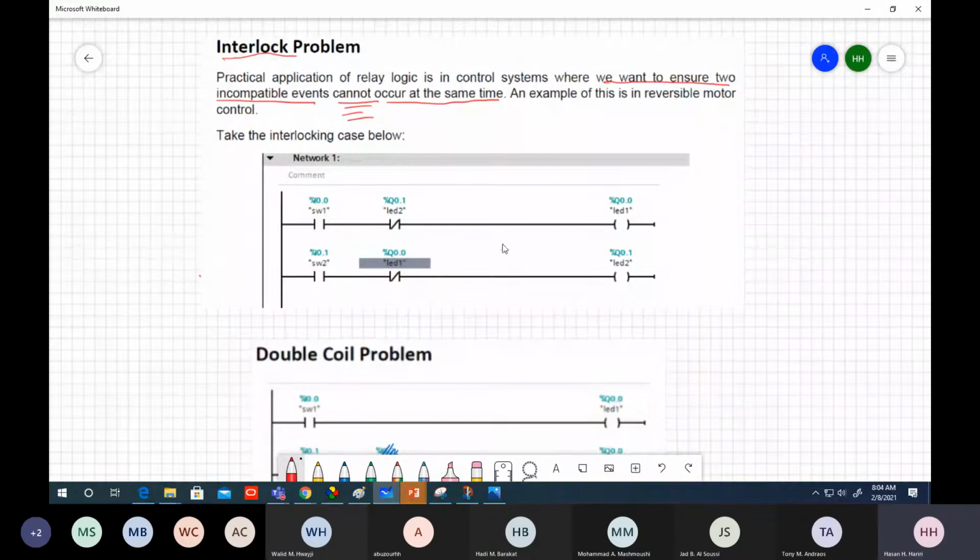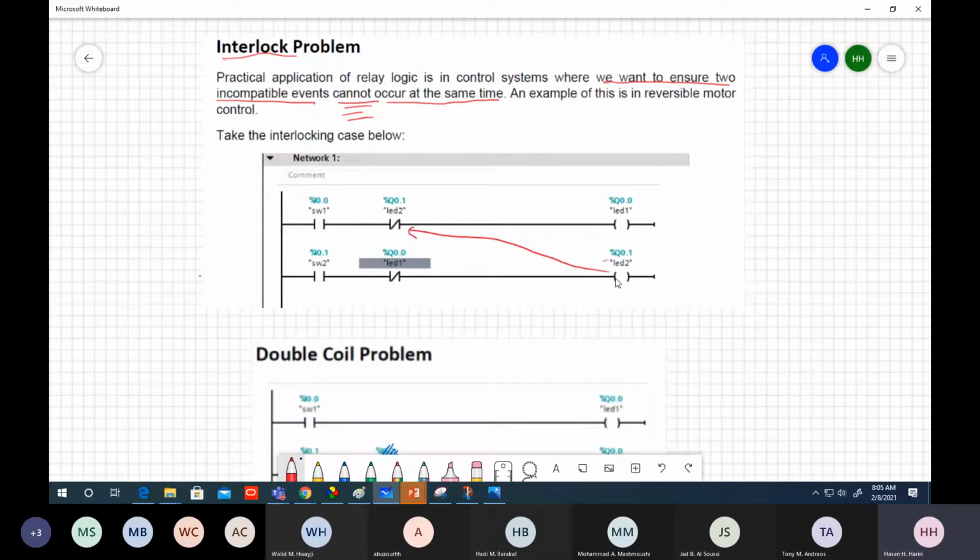Assuming you should never have LED 1 and LED 2 on, you cannot have them on at the same time. Assume you have a situation in which those two events are incompatible, cannot occur at the same time. So what we basically do, this is a general rule,